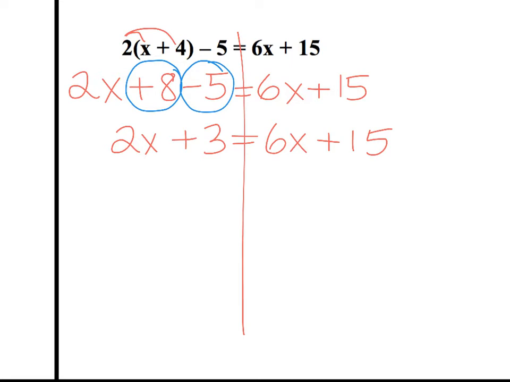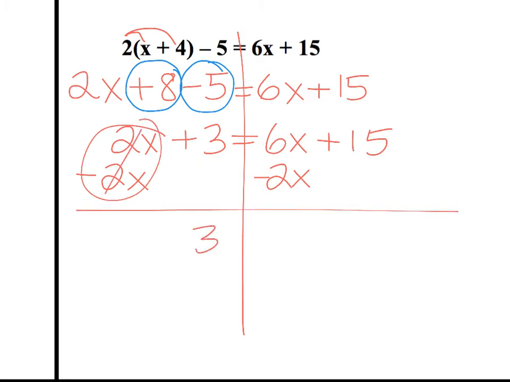Now we're going to isolate. You could subtract from the left or the right. Could someone please tell me, raise your hand, why am I saying I should subtract? Why does it make sense to subtract here, Elia? Right, the 2x is positive and the 6x is positive. So for either one, you have to subtract. Which one do you guys want to subtract? 2x, because it'll keep it positive. So let's do that. Minus 2x, and put it right below the 6x as well. That'll zero out. And we rewrite 3 is equal to